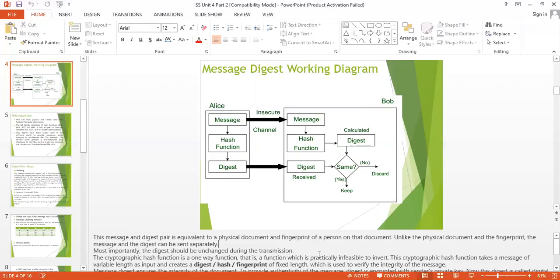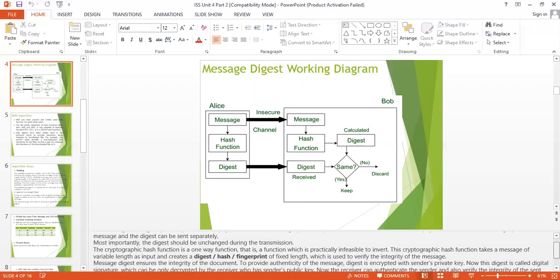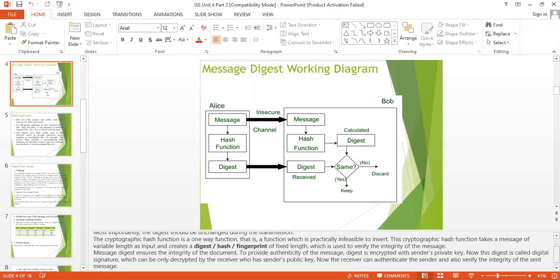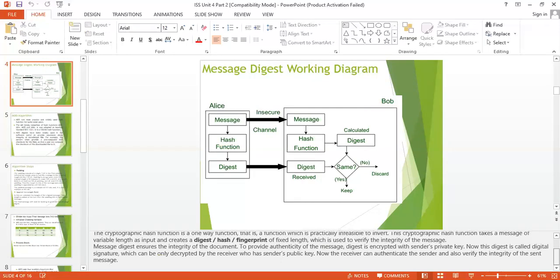The cryptographic hash function is a one-way function, that is, a function which is practically infeasible to invert. The cryptographic hash function takes a variable length message as input and creates a digest, a hash fingerprint of fixed length, which is used to verify the integrity of the message. The message digest ensures the integrity of the document.